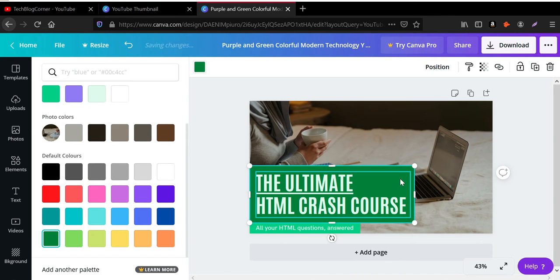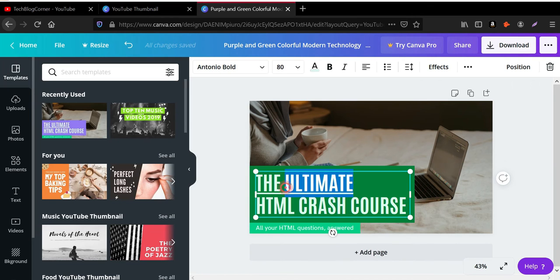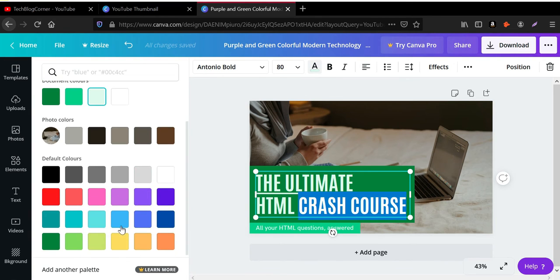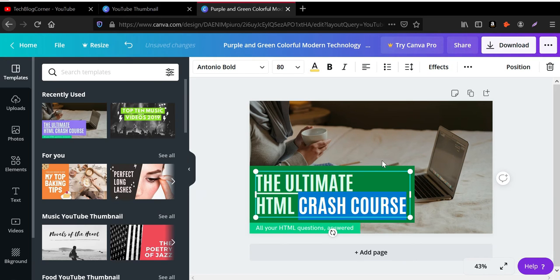When I click on this, you can see the color of the background of that text has changed. If you want to highlight a particular part of the text, click on that part, highlight it, then select this A icon and click on the color section. I selected yellow and you can see it changed to yellow.